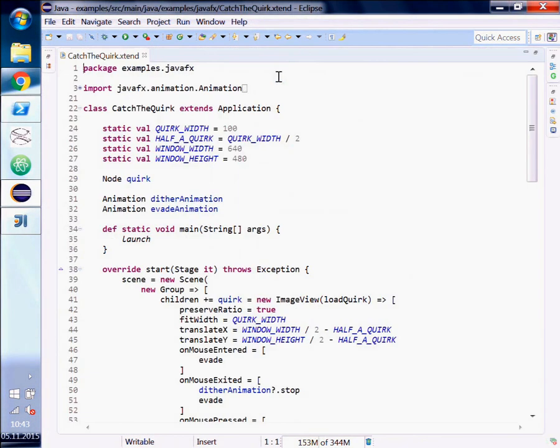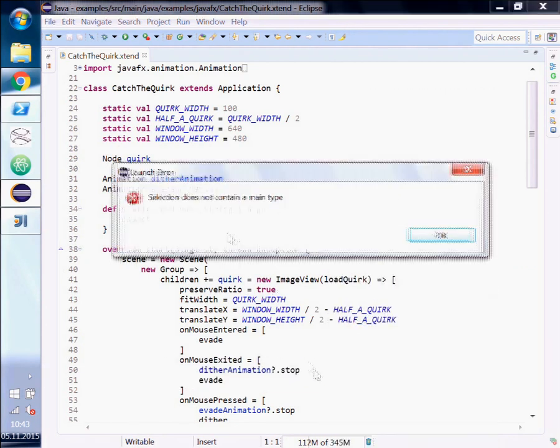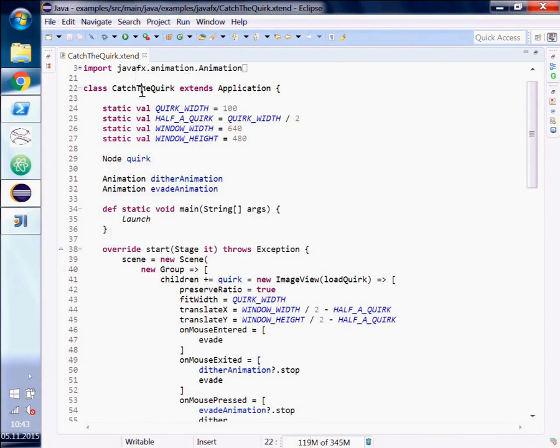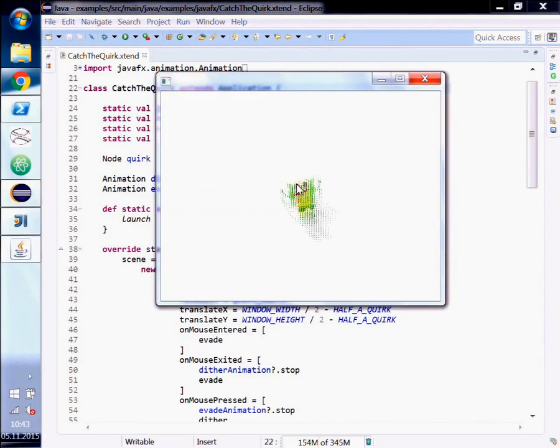Nice. Yeah. So Stefan really likes playing, so I programmed a little game for him. Show the game, I guess. Yeah. So I'm a big fan of JavaFX. If you know me, you may have noticed that. And it allows you to create funny things with very little lines of code, but still, so this is catch the quirk. Yeah, you have to catch it, but it tries to evade, and if you manage to click on it, it starts to jiggle a bit. So your co-speaker is busy now. He's busy now, yeah. That's what he does. So this is why I just have to kill the internet connection to get him back to life. Yeah. But